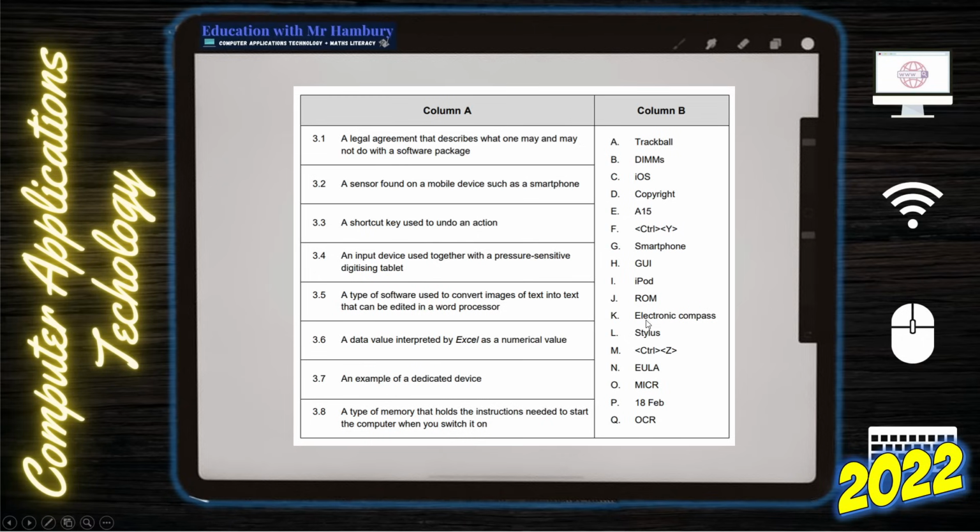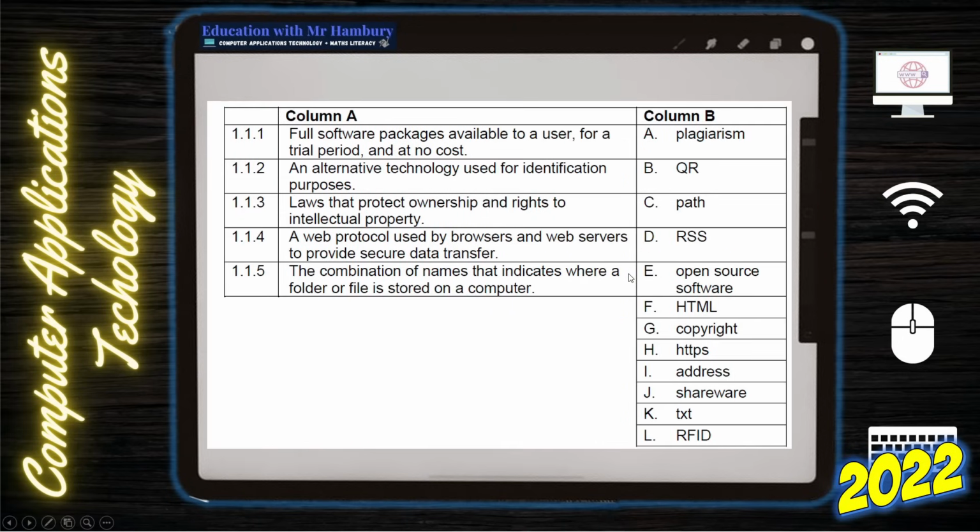So here, a shortcut key to undo an action. Now, because I've gone through this, I can say, oh, wait, I remember that. And I can go and check that out. An example of a dedicated device. Oh, wait, I went through an iPod. There we go. Please, this is how we can approach this. If we look at the next one, we know what plagiarism is. QR for our QR code,